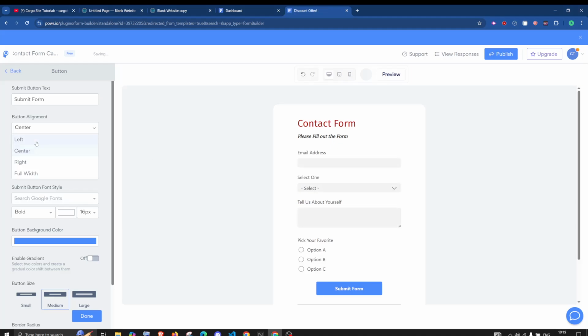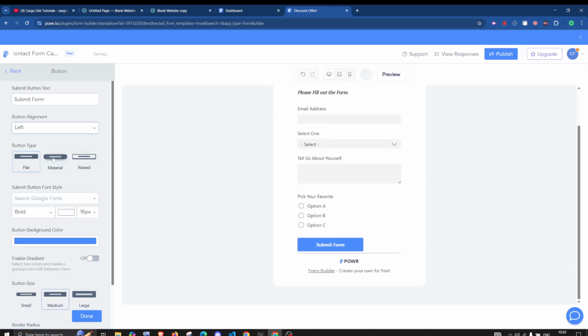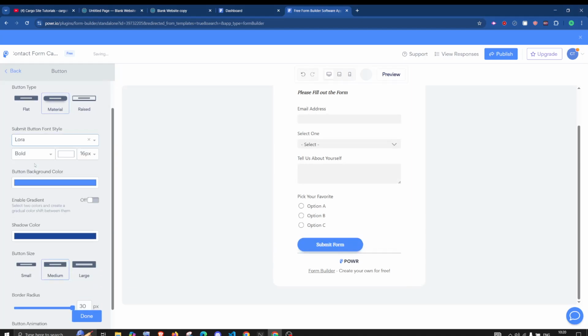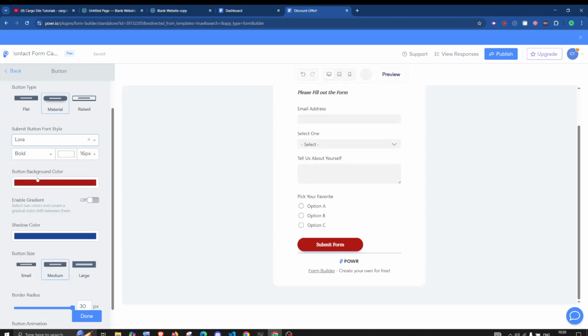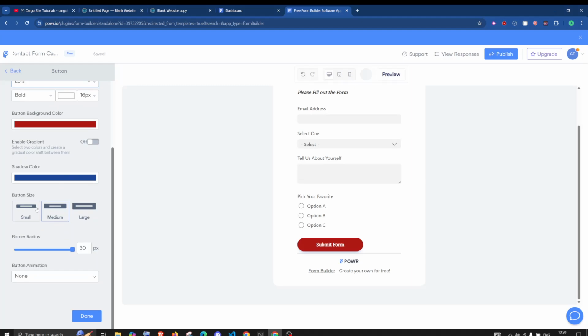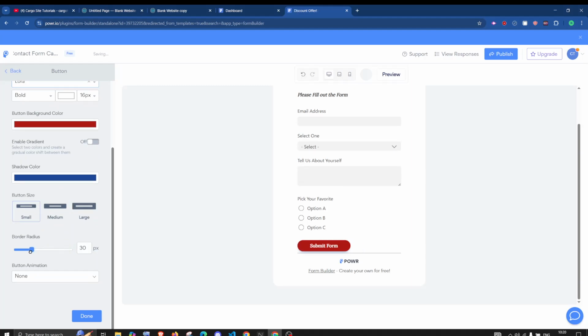I'm going to keep it left alignment. From here you can change the font style, and you can select the other things as well, like changing the button color and button size, all these things from here. From here you can change the border radius as well.